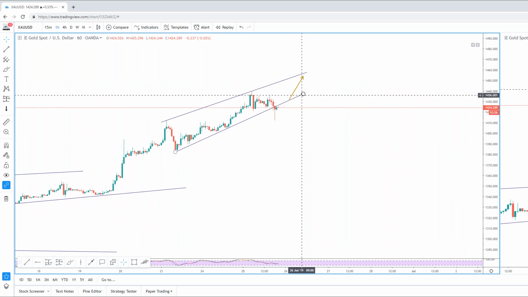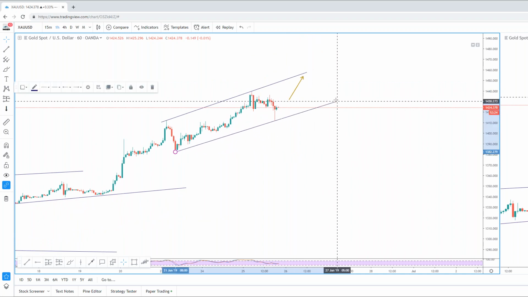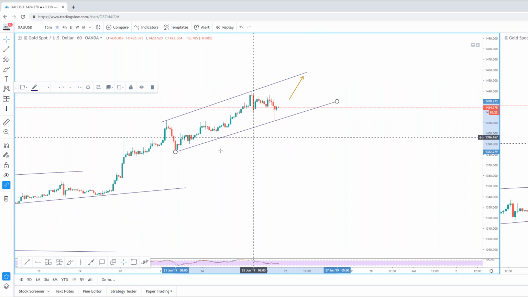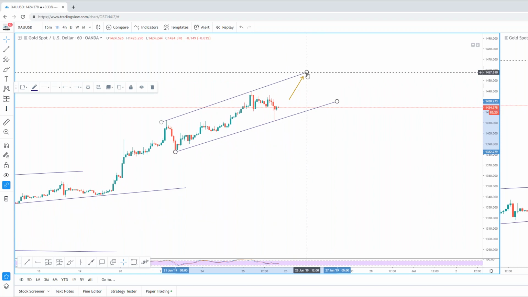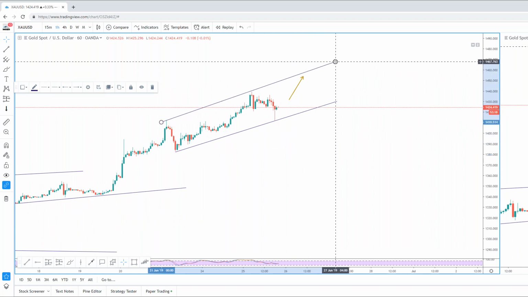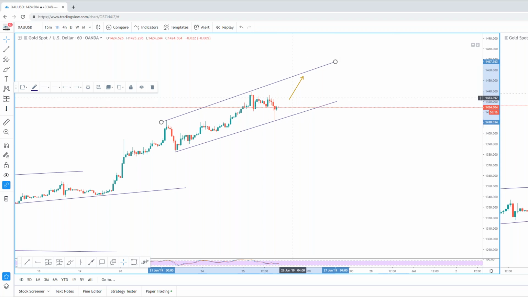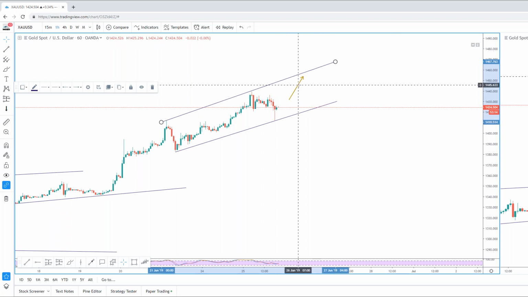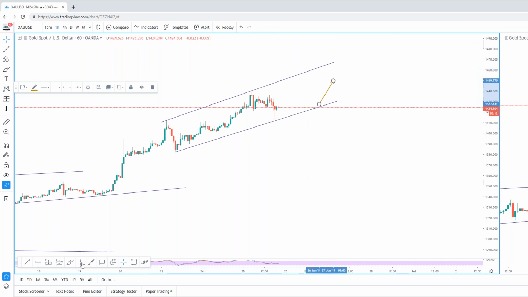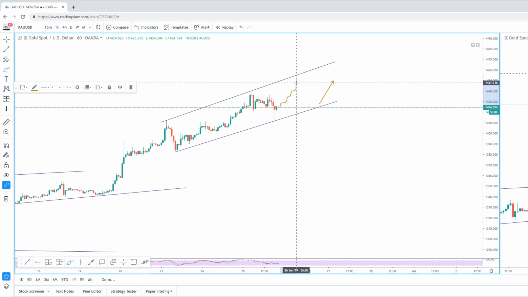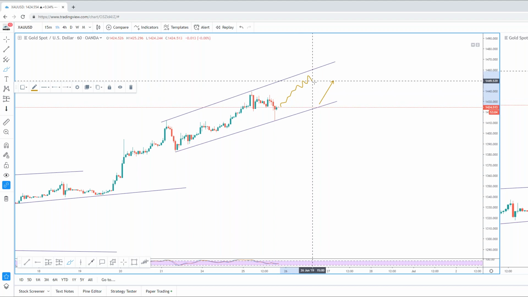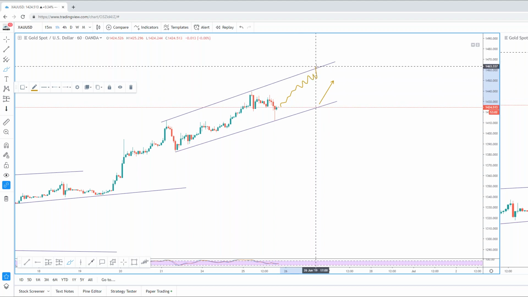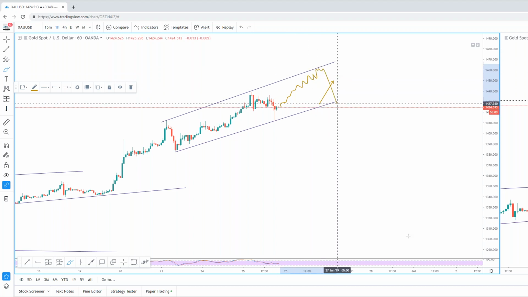And now we've recently had this, of course, move. So I'm just going to redraw my trend line. What I actually see is one more move to the upside. I see a range between 1450 and 1480. What I'm going to be looking for is something like this. So I want to see it move back in, and I want to see it move correctively to the top of the channel. And then I want to see it...